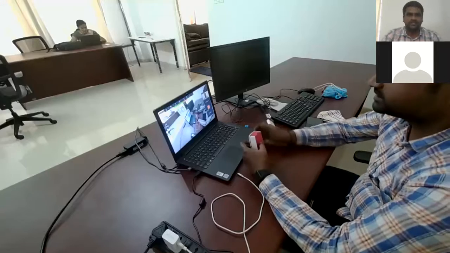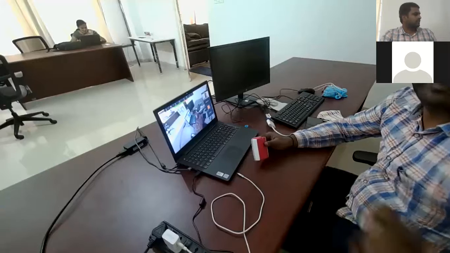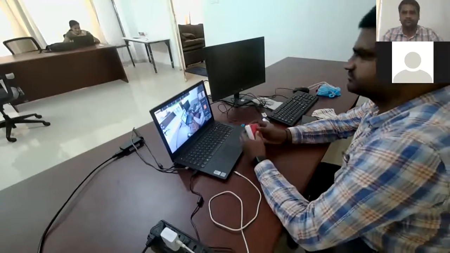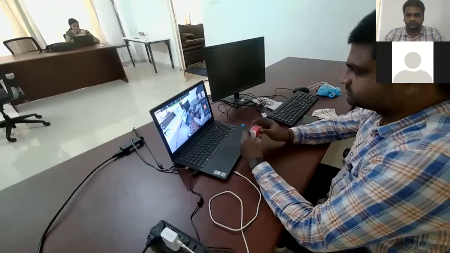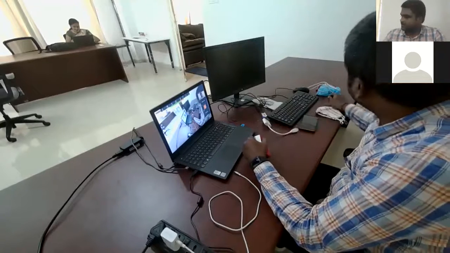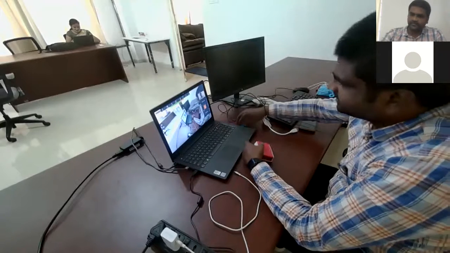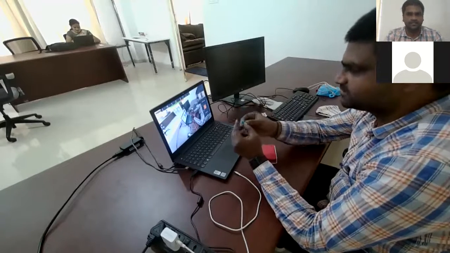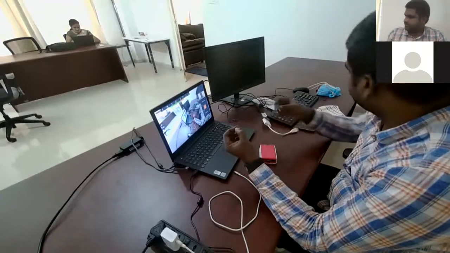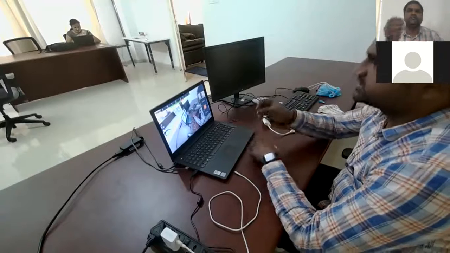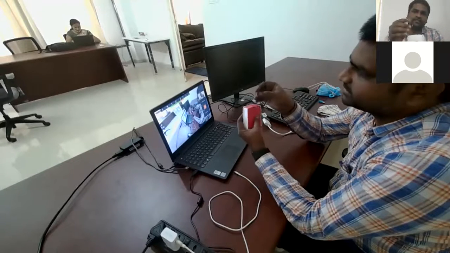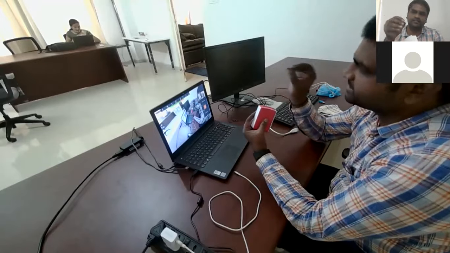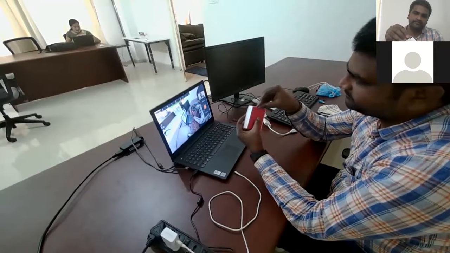This is the Raspberry Pi. This newly installed Raspberry Pi OS SD card, I'm inserting into the Raspberry Pi.